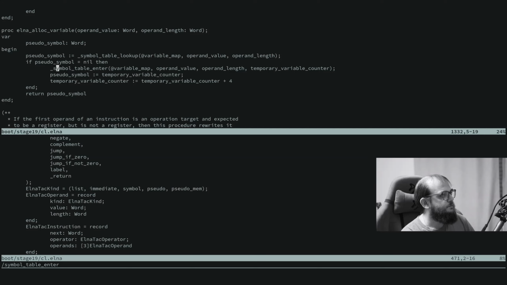So here, this is this case. This is the register location, and here I saved directly a temporary variable counter in this symbol table, or variable map as it's called here, and this is actually wrong